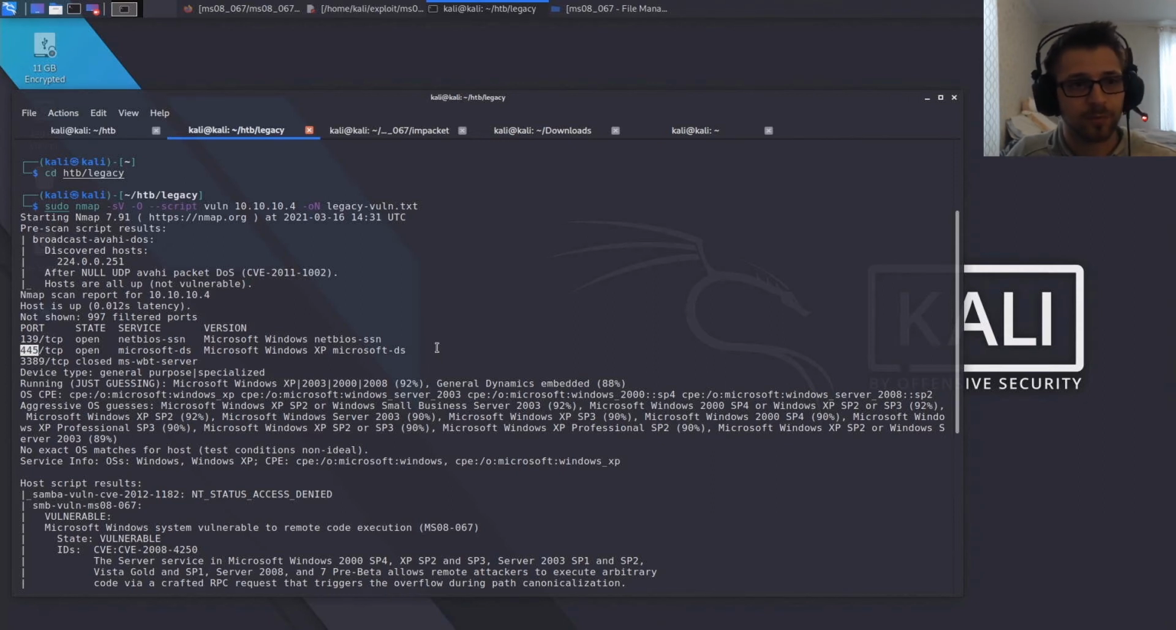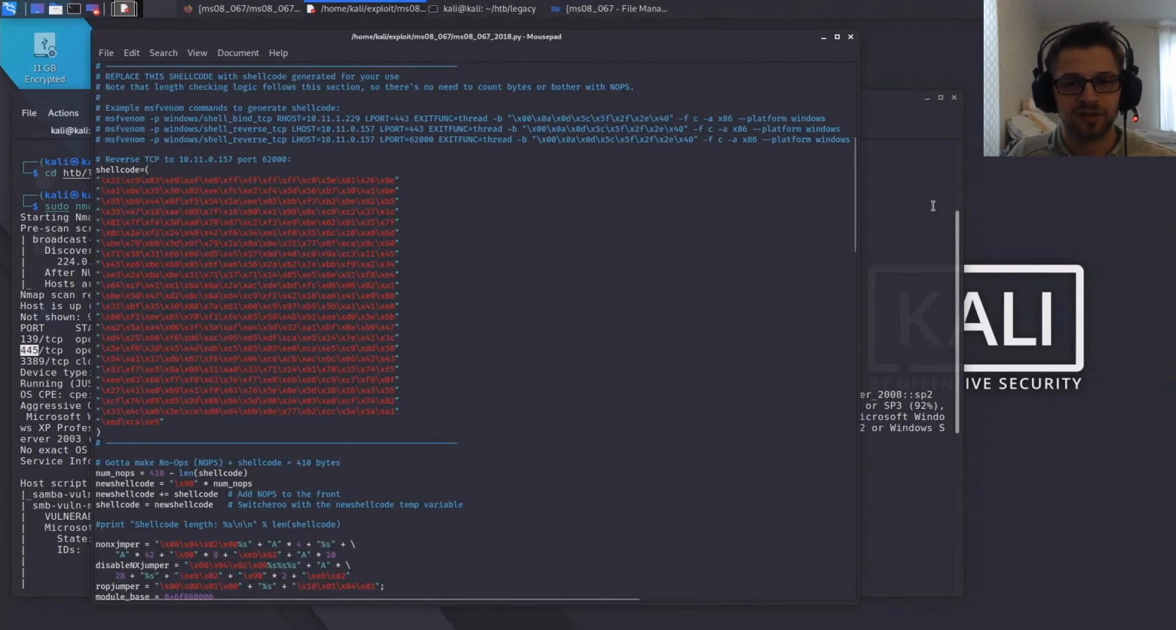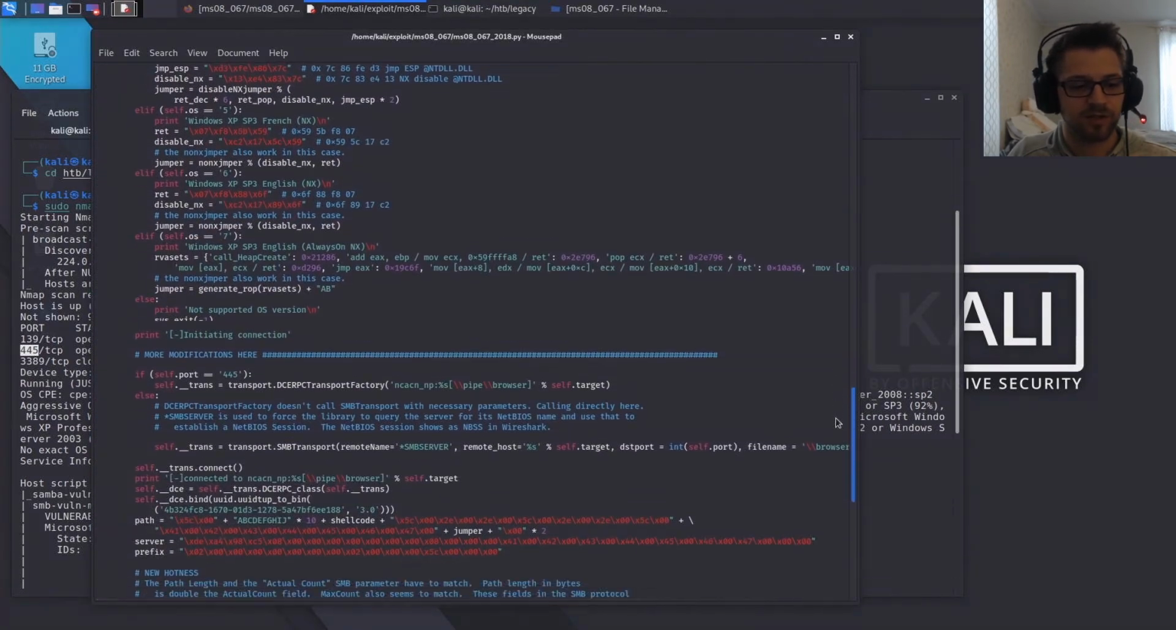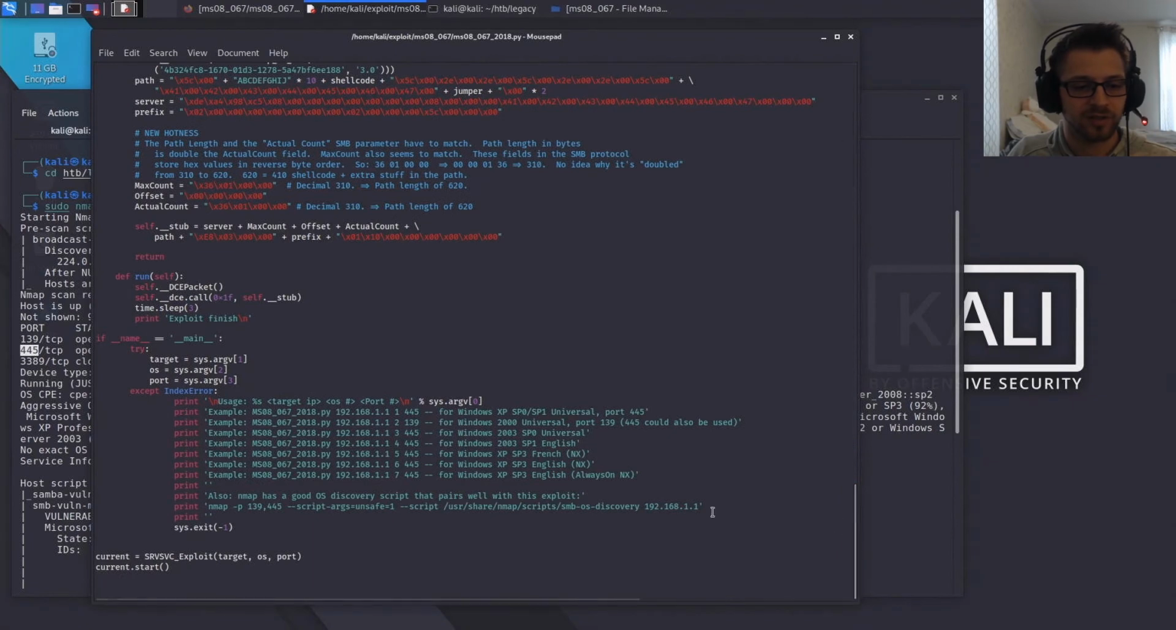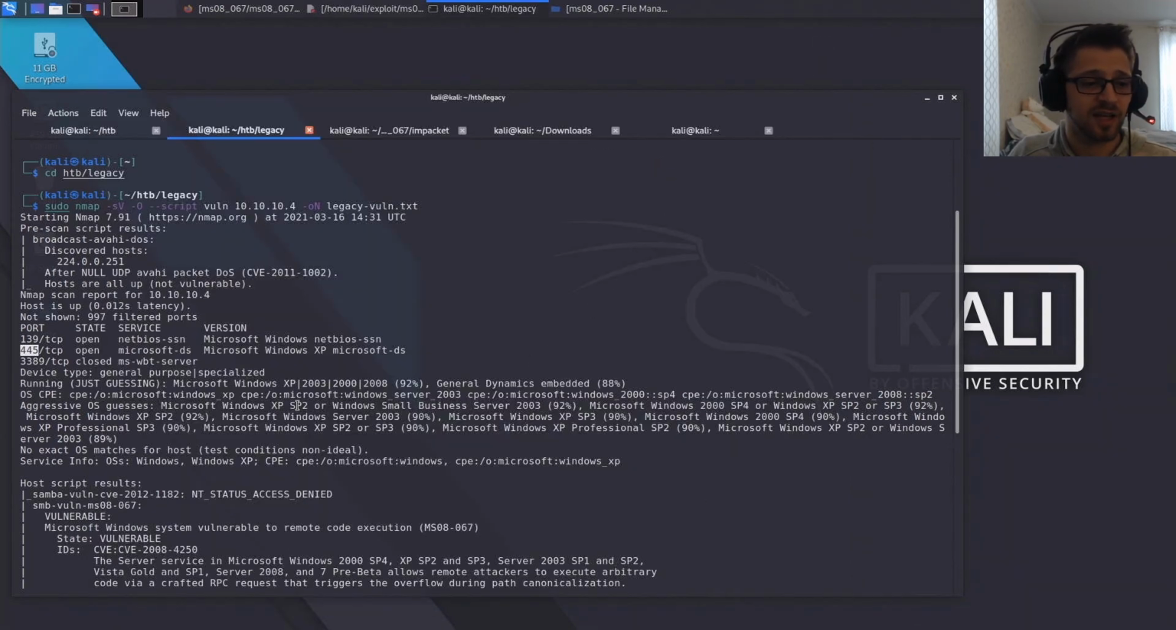But remember that the exploit here mentions all the way at the bottom the different versions, right? So there's a Service Pack 0, Service Pack 1, French, there's a bunch of different types. So let's take a look at the scan and see which operating system the scan is guessing for us. So you can see it gives us a range of systems here. And then if we look at the aggressive guesses, Microsoft XP Service Pack 2,